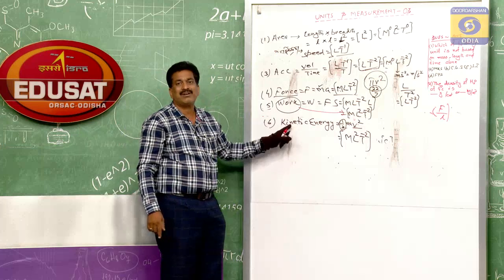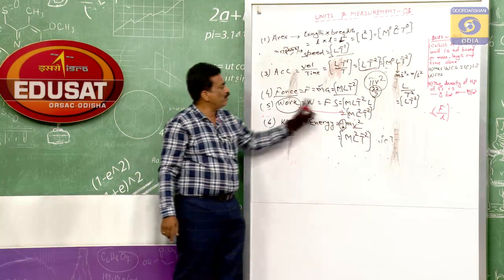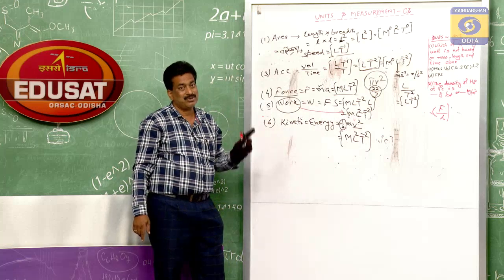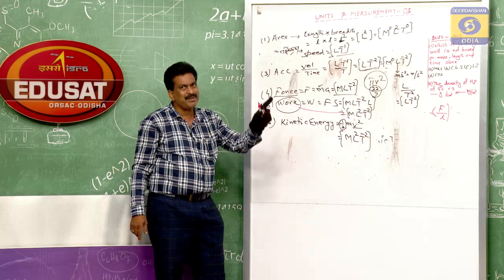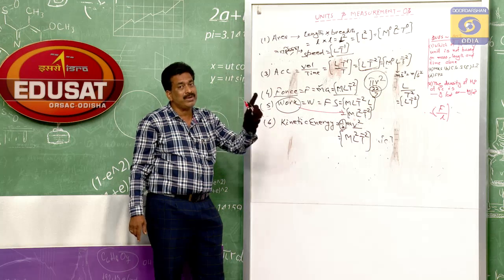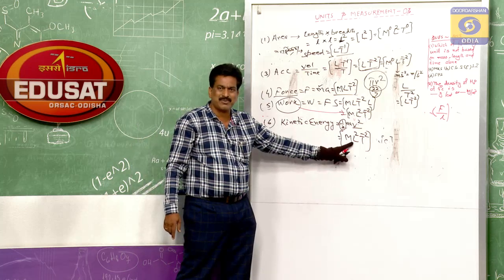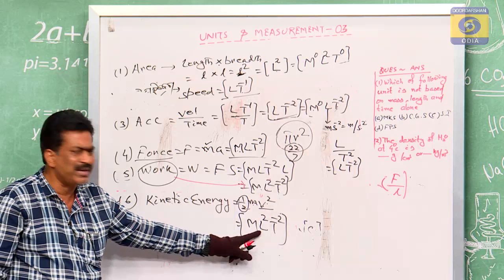Therefore the work and energy are correlated. Work dimension and the kinetic energy dimension are also the same. So in my home task, I have given you what will be the unit of the kinetic energy. For the kinetic energy, if we write its unit by looking at its dimension,